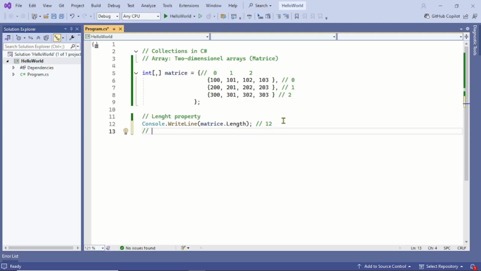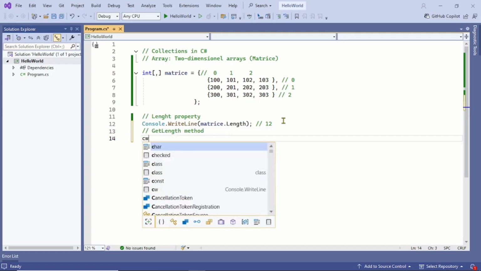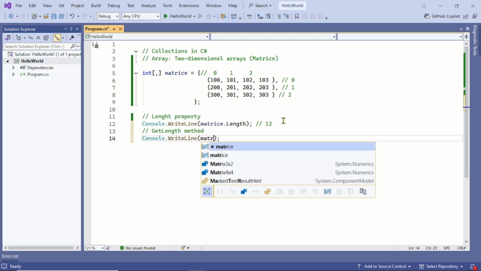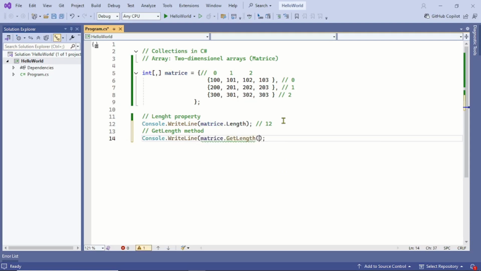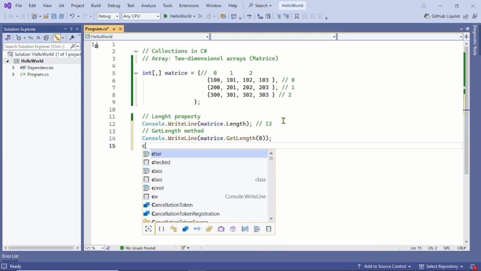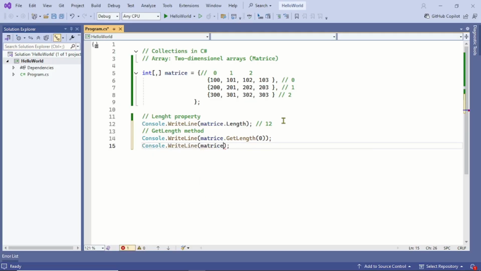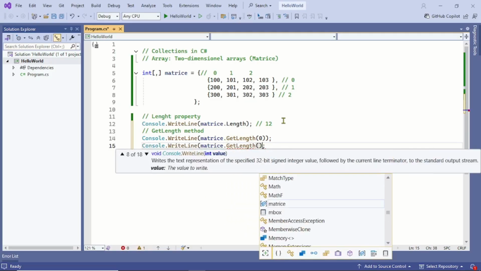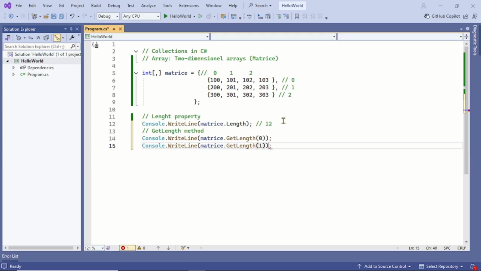The two-dimensional array, in fact, has its own method to get the number of rows and columns, and the name of the method is GetLength. In a Console.WriteLine, we will call the GetLength method and provide a constant value of 0. And in the second Console.WriteLine, we will write the same GetLength method, and now here we will provide the constant value of 1. The 0 is a constant value and it returns the number of rows. And 1 is also a constant which returns the number of